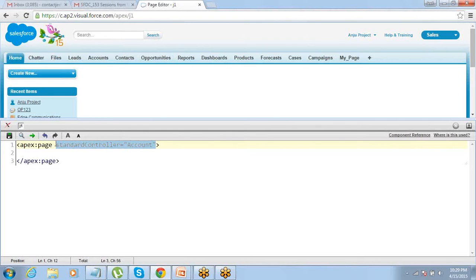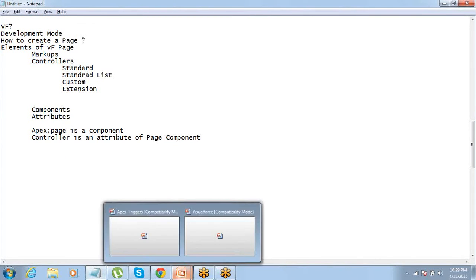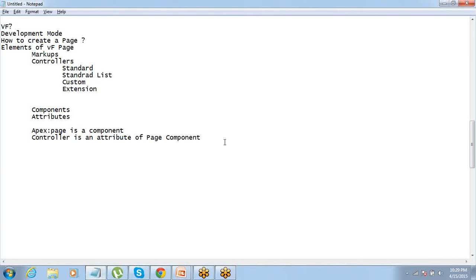Got it? So hope you were able to understand the concepts that we discussed today. Tomorrow once we meet, we are going to create a few examples using the standard controller. We will call the data and we will also learn how we can actually edit the data in the table, right? So we'll get into that in tomorrow's session. Please let me know if anyone has a question on whatever we have discussed today, and if you want to just quickly ask that.